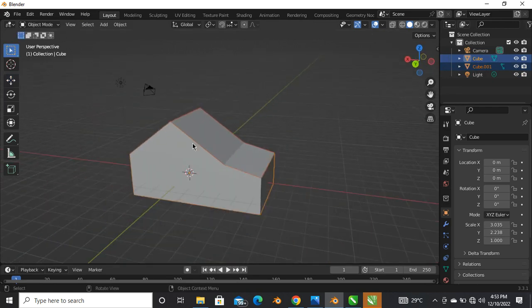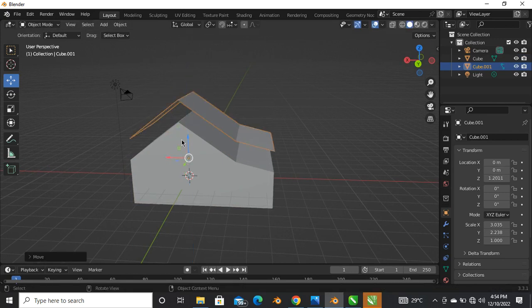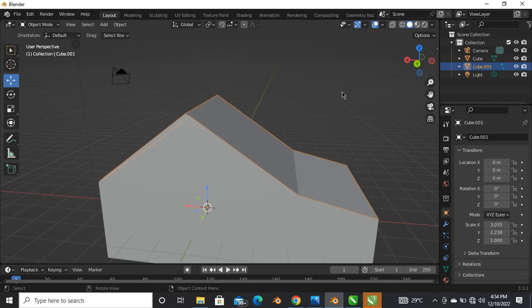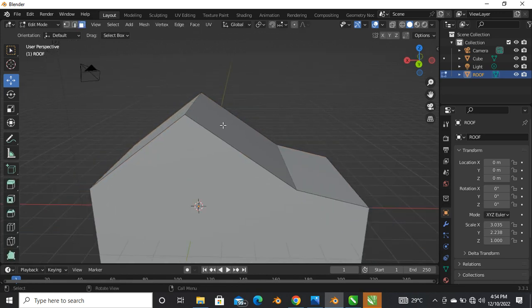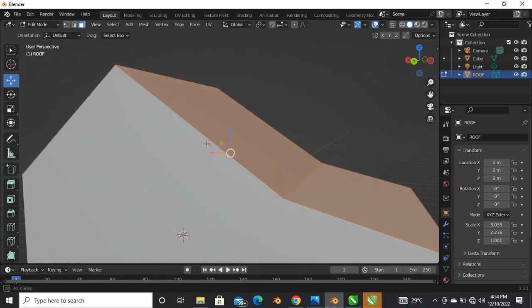So I will press Tab back to object mode. So I can select this also and come to my manipulation tool, and I can move this. So this now is a single object. I'll do Ctrl Z back, and I'll select that, and I can press F2 on my keyboard to rename, and I can call this roof and press enter. So I'll press Tab, and I'll press A to select all, and I'm going to extrude this,